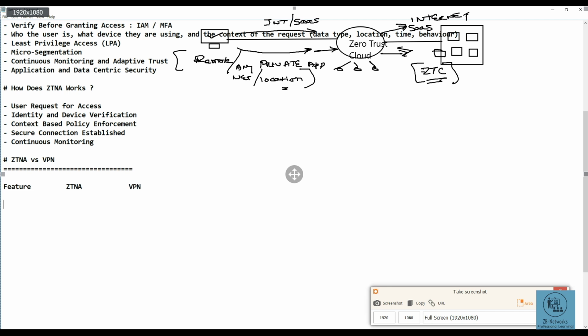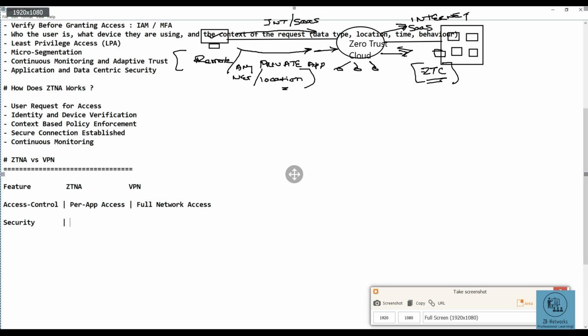If the feature is access control, ZTNA will be doing per application based access, whereas VPN services will give full network based access. Okay, that's important. Regarding the next feature, which is security,